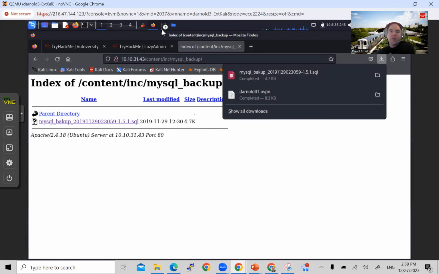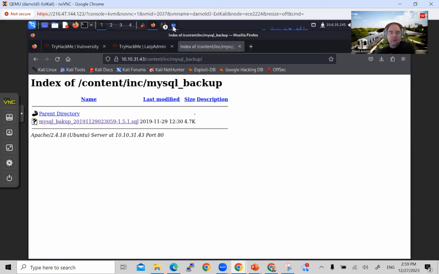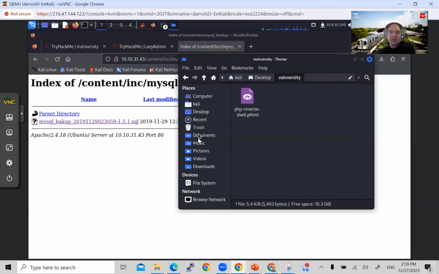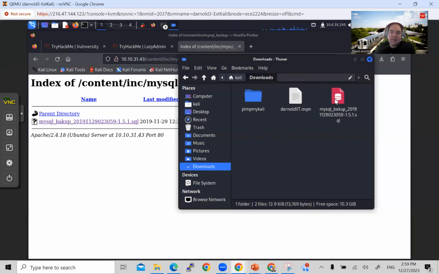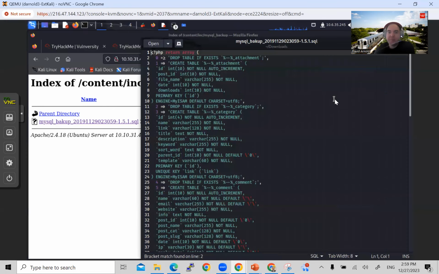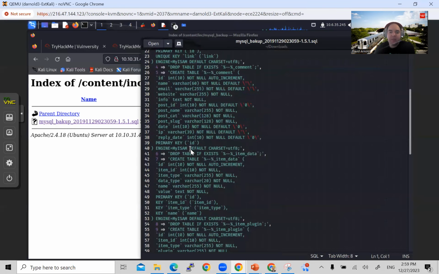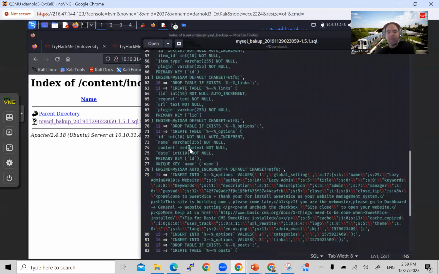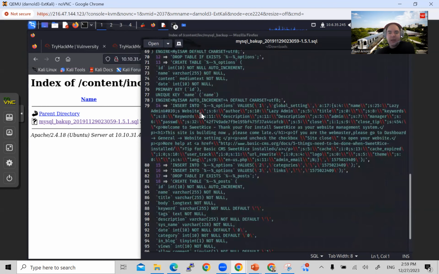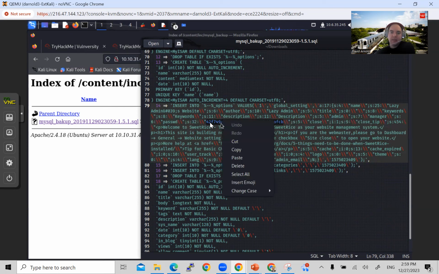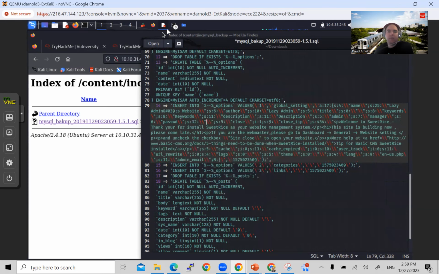This is some sort of file inclusion error where we can directly access the database or the database's backups. If I double click on it and look through it, and if I had something like MySQL pulled up, I'd be able to mess around with it and pull things out. But as you can see here, we have some form of description. We see admin, we see manager, we see welcome to Sweet Rice, and we see password. Now, most likely, this is some sort of hash. So I'm going to pull this out,